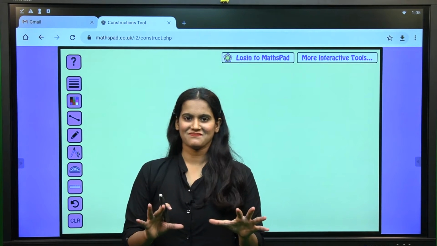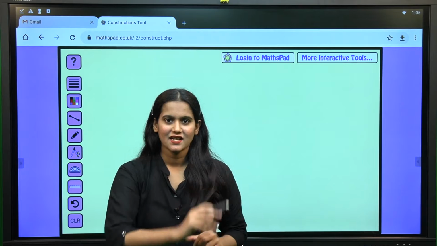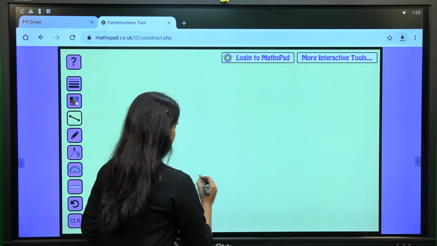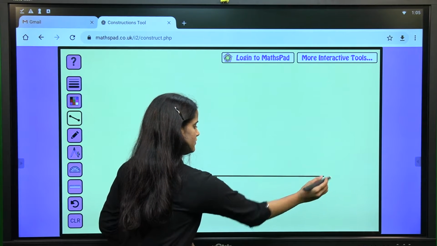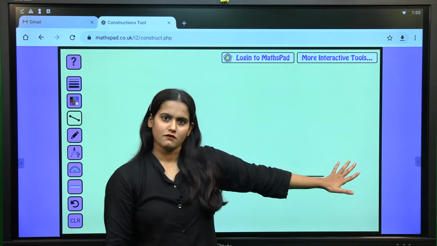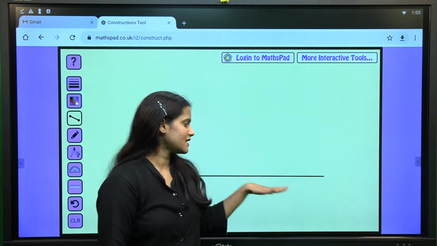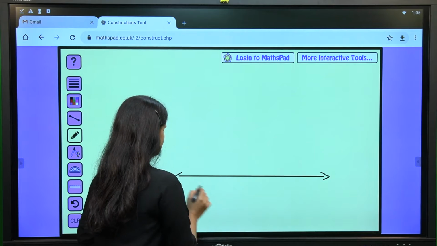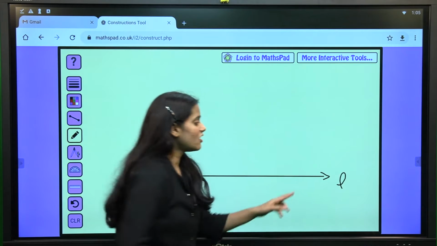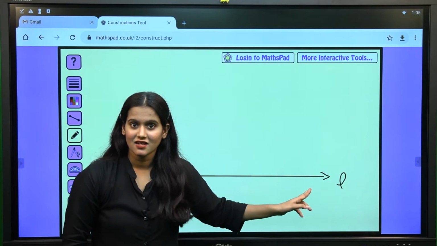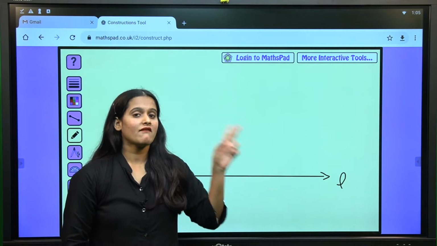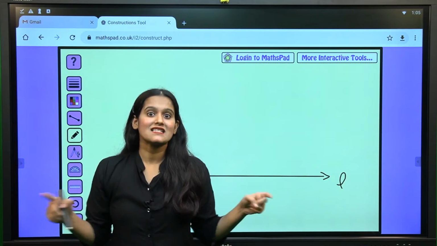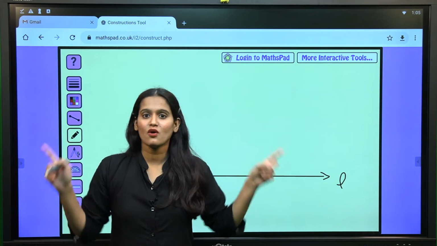First, of course, we need to draw a line. For that, let me take a pencil and I will draw the line. This is the first step. First, a base is wanted, right? Now I am going to name this line as line L. See, this is not a line segment, it is a line. Always remember, a line segment will have two endpoints, but a line extends endlessly. It has no ends at all.